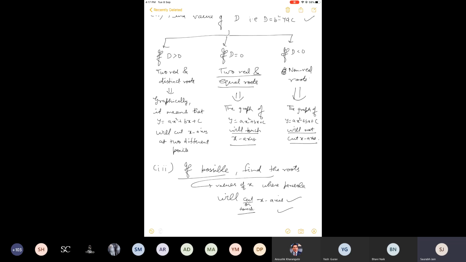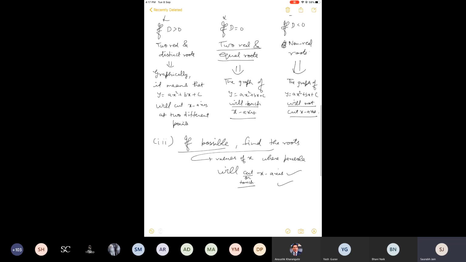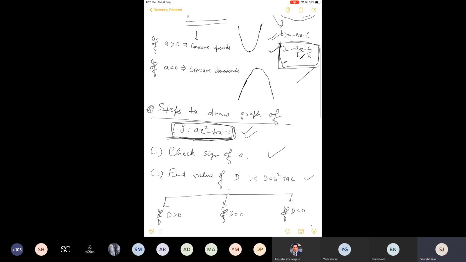First point is a, second point is capital D, third point is if possible find the roots, fourth point is, now I said something like turning point, right? I can say that the graph turns from this point. Either it is concave upward or concave downward. In the first case, that means a positive, it is the lowest point on the graph. In the second case, this turning point is the highest point. Actually, there is a different word for this point. It is not turning point, highest point or lowest point, it is simply vertex. Vertex is the word used for this.